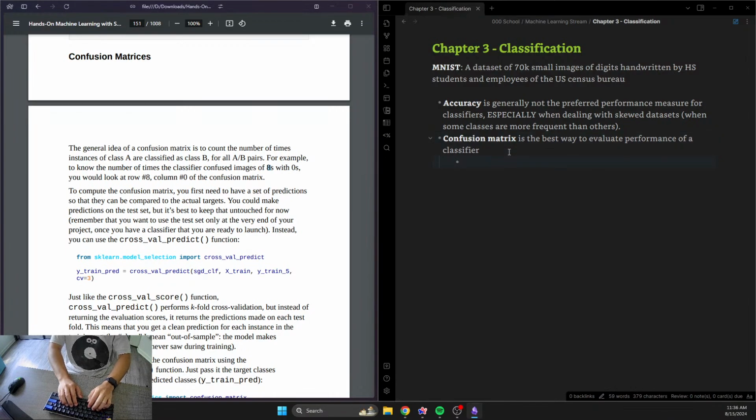Basically what it does is count the number of times instances of class A are classified as class B, for all A/B pairs. So, for example,